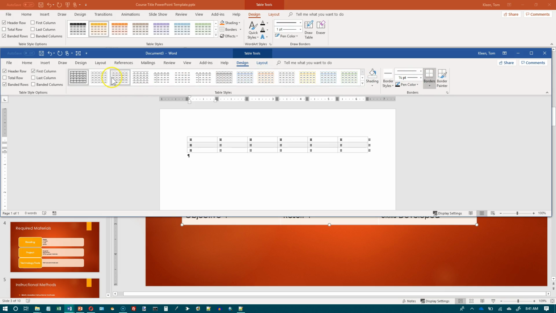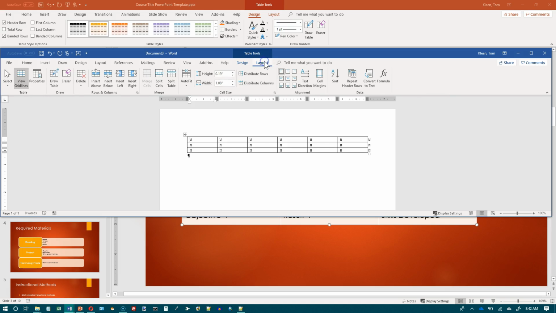We don't see effects here. We do see some options here for the pen. We've got a little draw borders group here, and we've got a little borders group down here that has this stuff looks exactly the same, these three items, and we've got some options here for drawing borders. Up here we've got one for actually drawing the table, so not exactly the same, but pretty similar. If you know how to do this in Word, then you almost certainly can figure out how to do it in PowerPoint. I'm going to take a look at the layout tab here and then the layout tab up here,